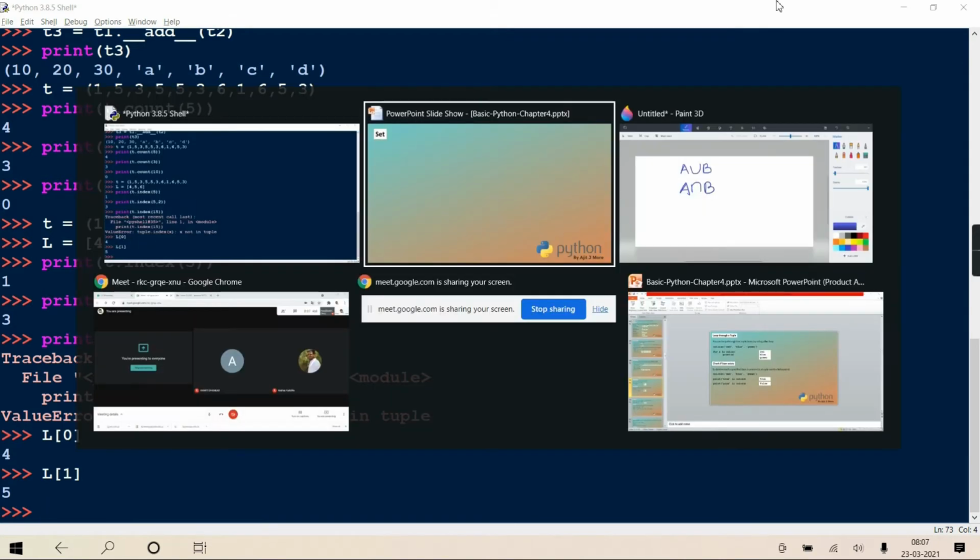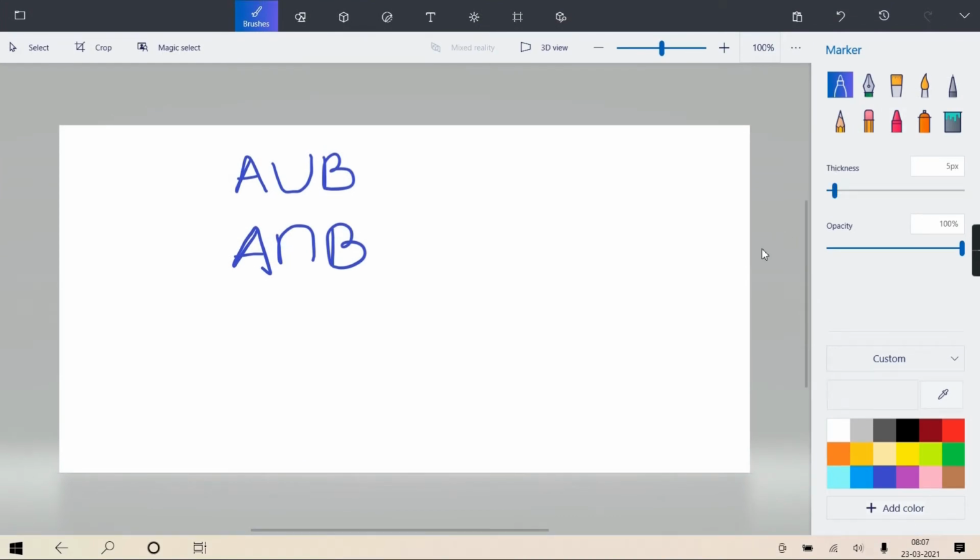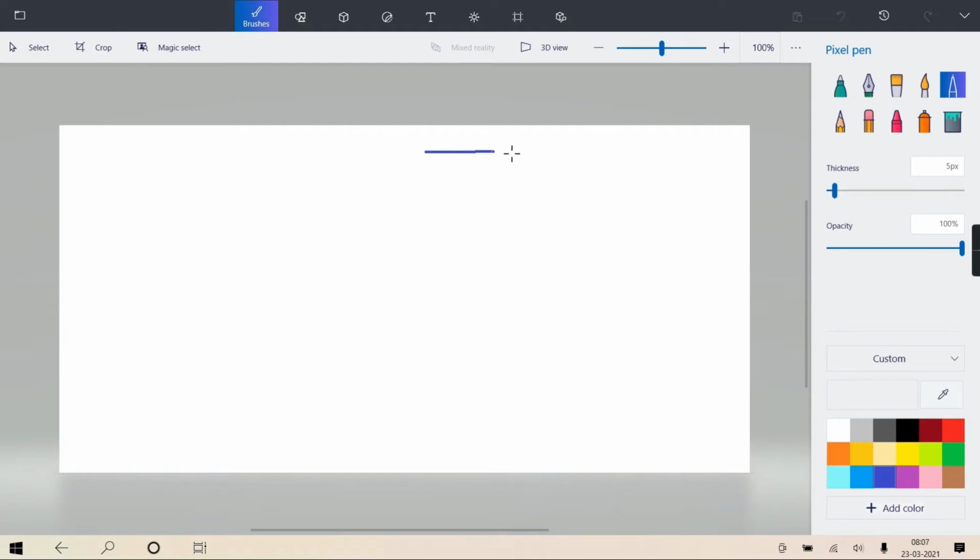Now I'll quickly tell you why it is unpredicted. In Python, all the elements in the set are maintained in one data structure called a hash table. It is dynamic: initially the table is created with some fixed size, but at runtime it can grow.